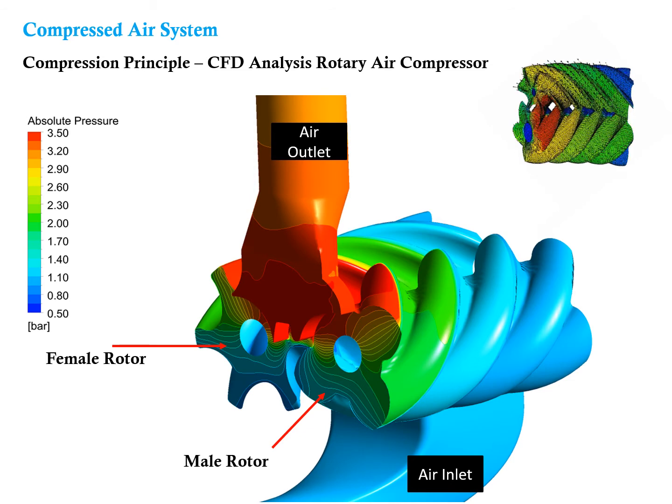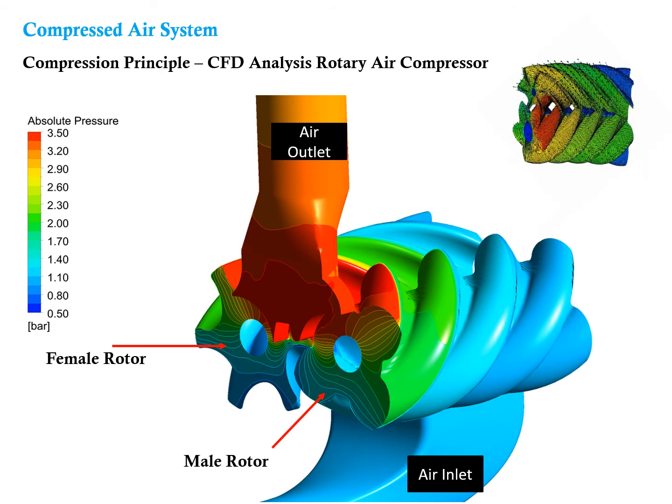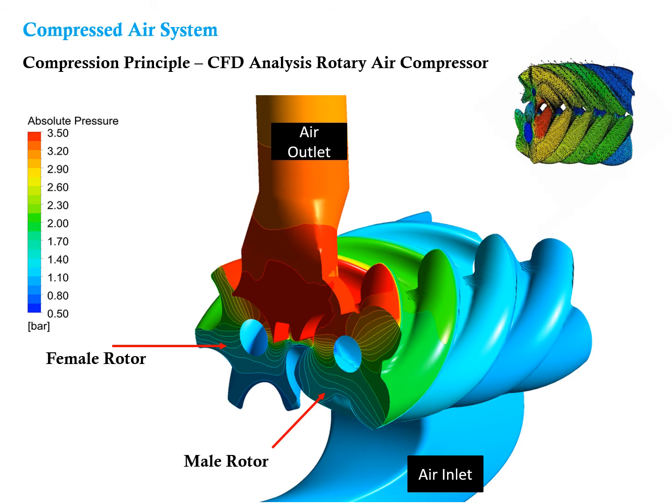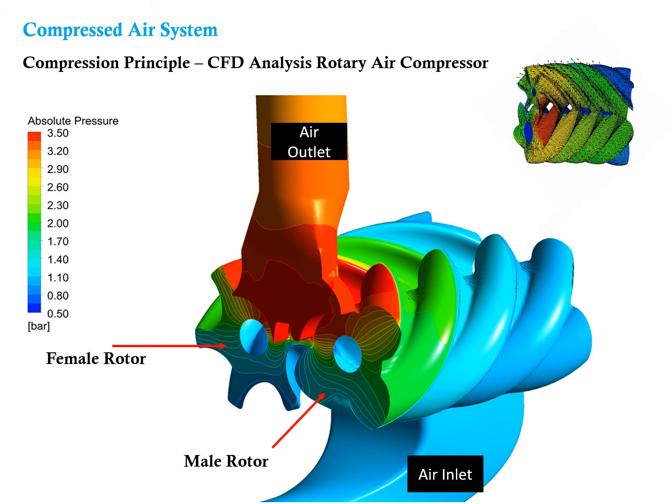So you can check and observe the color of the fluid, which is air, in the compressor. It is changing from blue to green and red and dark orange. Why is it changing? Blue shows the lower pressure of air, then green and then red, and air is at the high pressure which shows the orange. So we know when the air is compressed, its volume decreases whereas the pressure increases. And if pressure increases, in parallel it will increase the temperature of the working fluid. So this change in color represents the change in temperature of the working fluid.